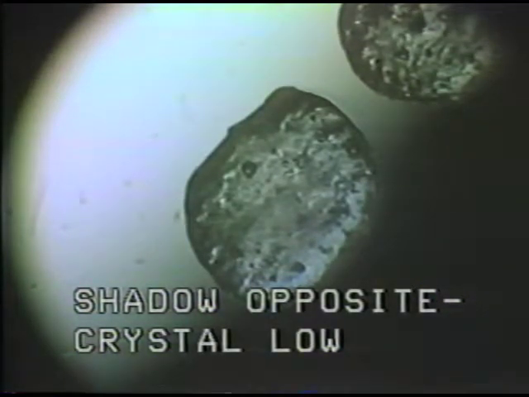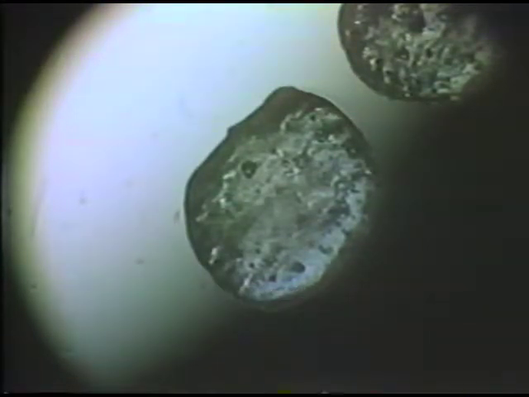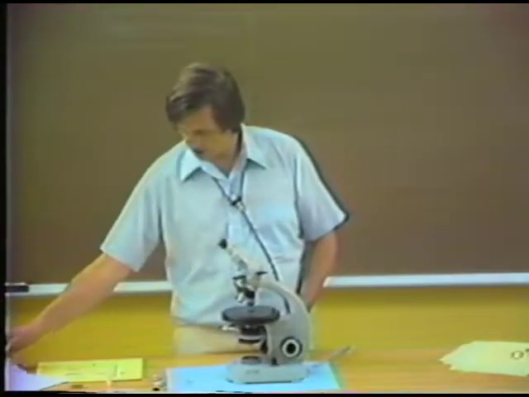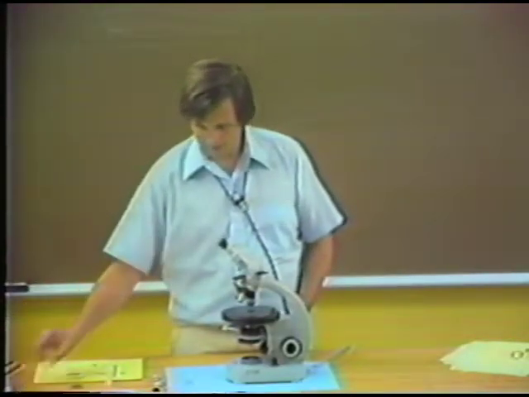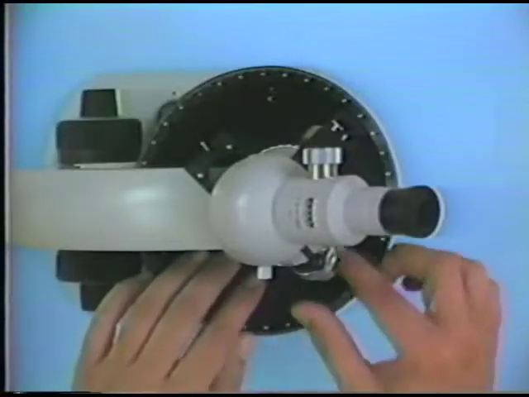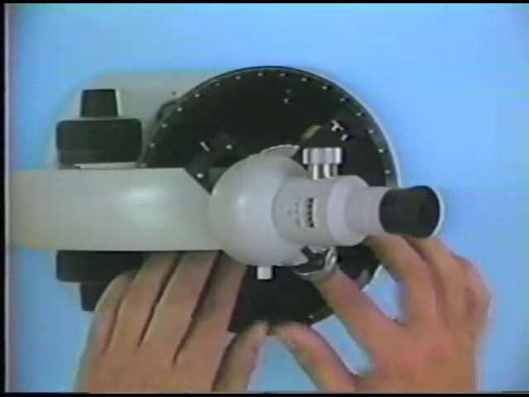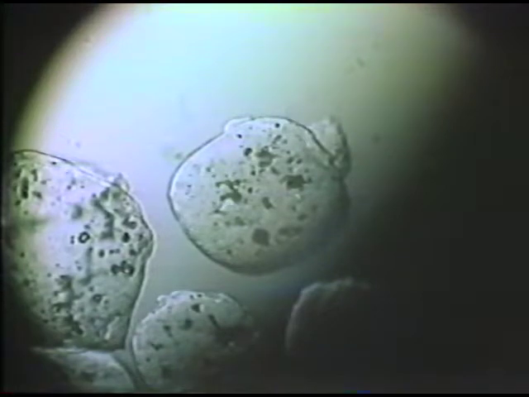This case we call shadow opposite, crystal low. This means the relief is negative. So this is the oblique illumination test applied: crystal low, shadow opposite. Now, leaving the accessory plate in the same position, I'll shift to my other mount, back to the 1.478 oil,